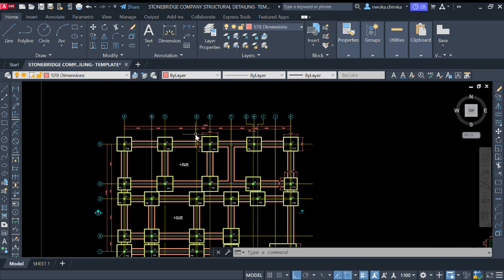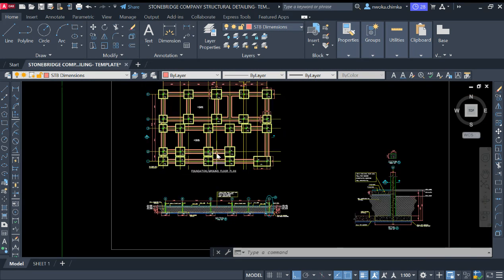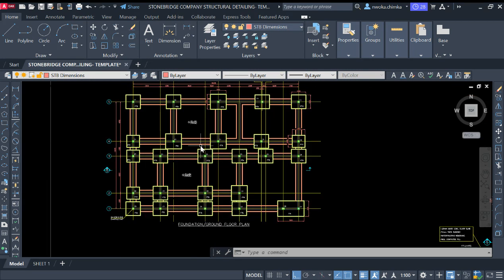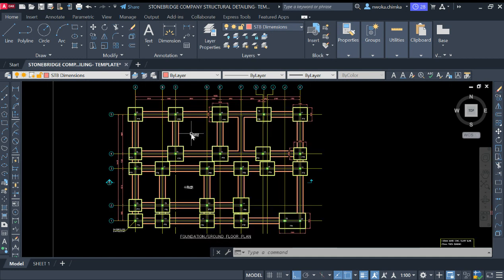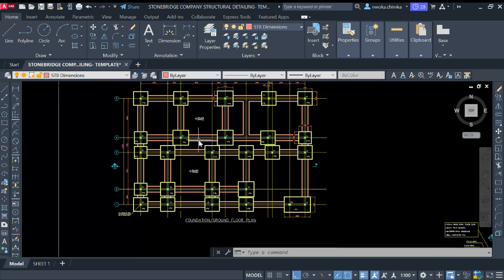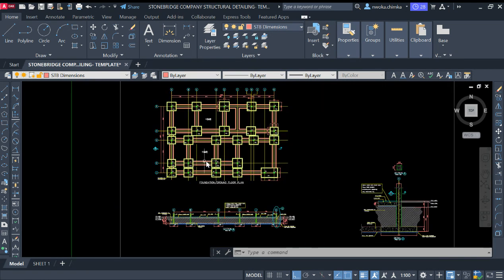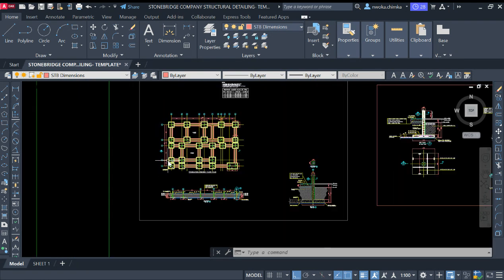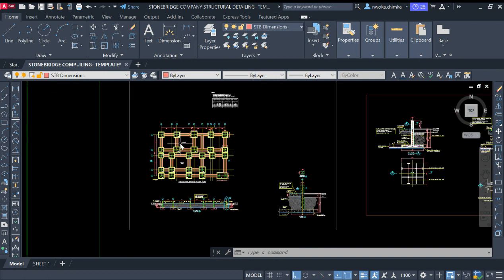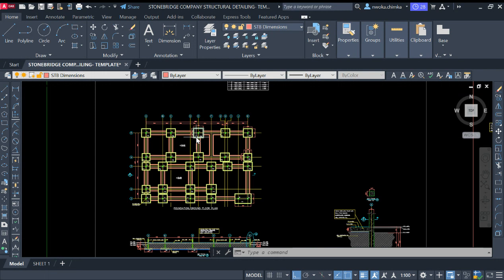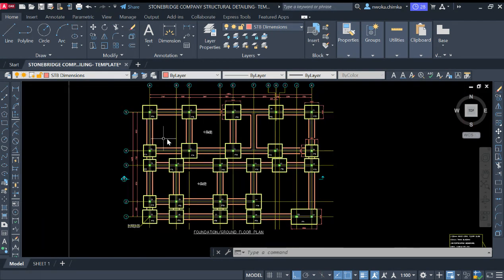Today, I'll be showing you how to draw a foundation layout for a structural drawing. And this is part 6 of our structural drawing training. If you check our previous video, you will see all the parts of our structural detailing lesson. And today, this is part 6, and I'll be showing you how to draw a foundation layout just like